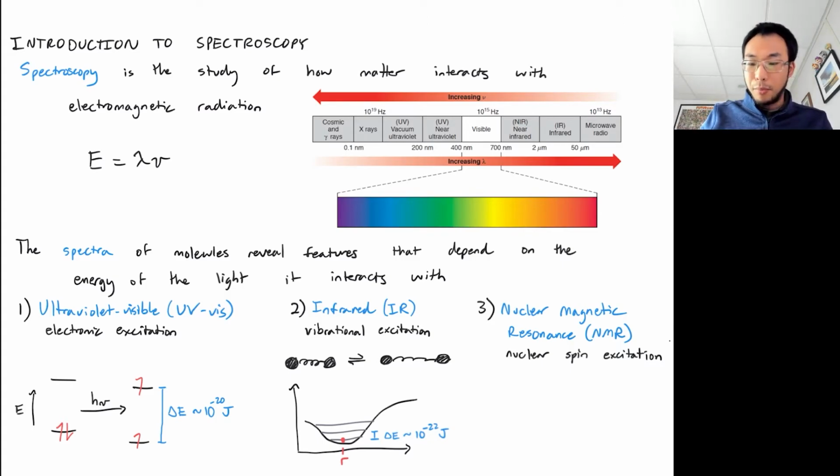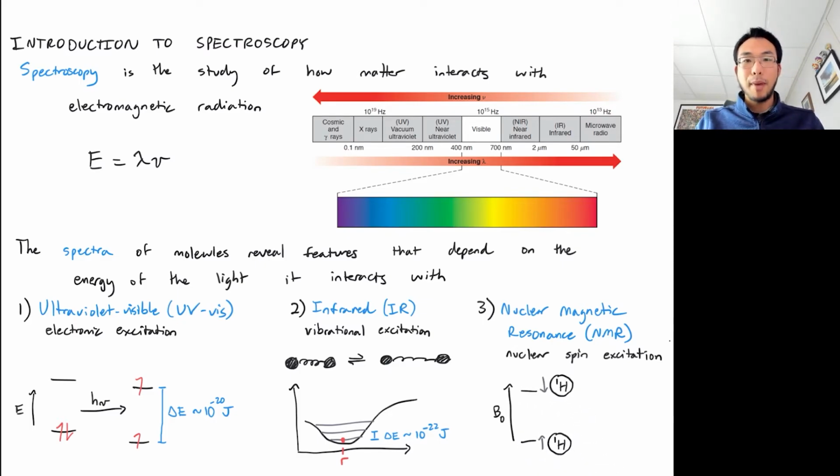Finally, and maybe for me the most interesting type of spectroscopy, is nuclear magnetic resonance spectroscopy, NMR. This involves looking at the spin state of the nucleus of atoms. So there's a spin quantum number, but you can look at that as being either up or down. And the way it works is we put our molecules into a massive external magnetic field, so that's called B